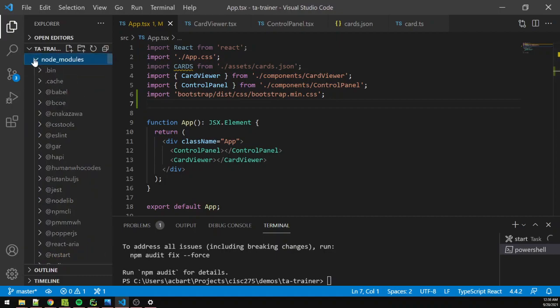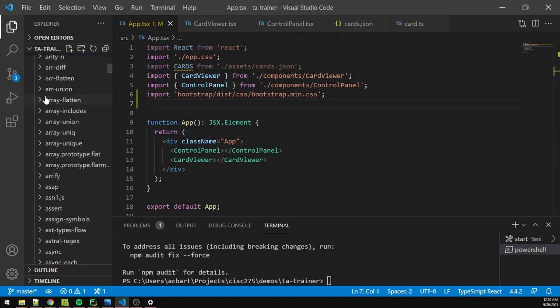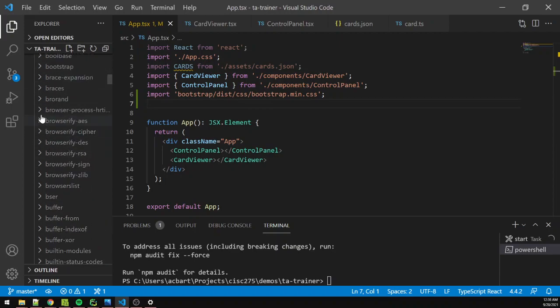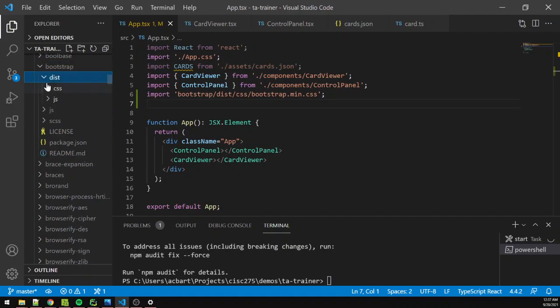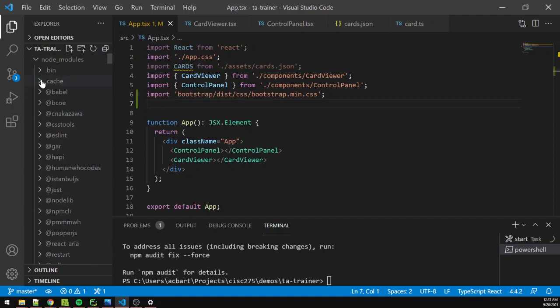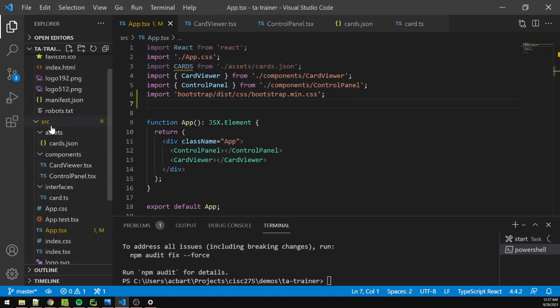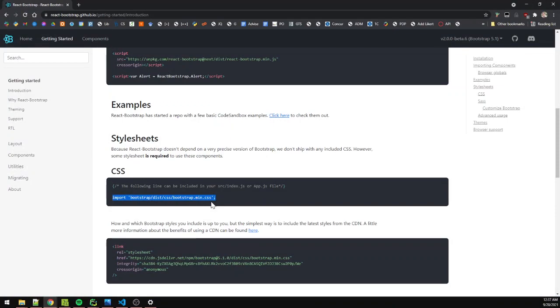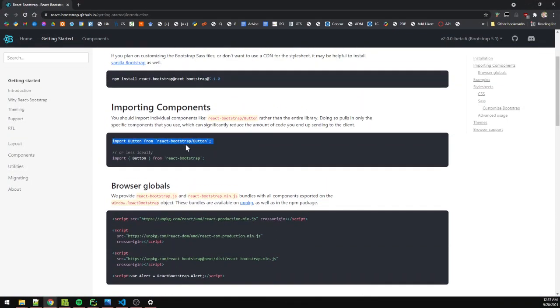The idea is, I believe it's going through in here looking for a Bootstrap folder that has this file, bootstrap, dist, css, bootstrap, yeah. So that's where it's able to get it from. Even though it's not in my SRC folder, my source folder, it's able to go through my node modules and find it. Is what I'm pretty sure I'm seeing right here. So let's actually go and test this. We'll go get a button